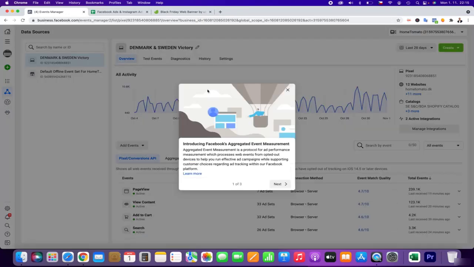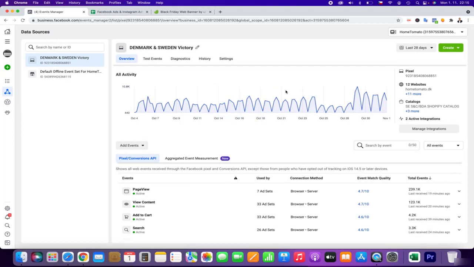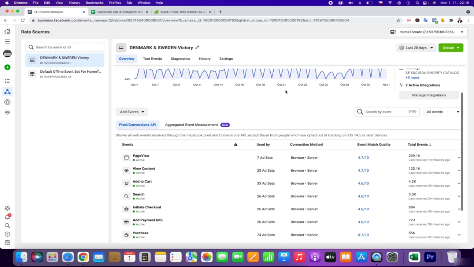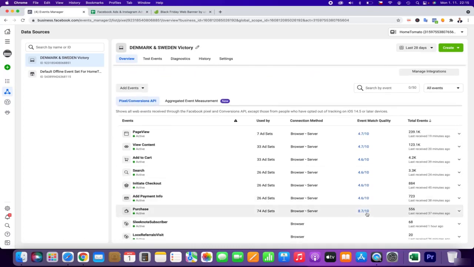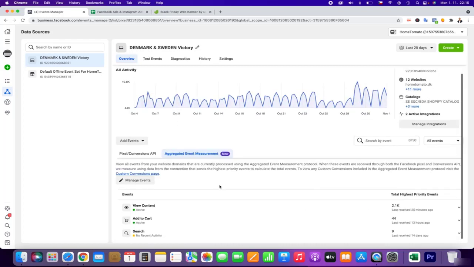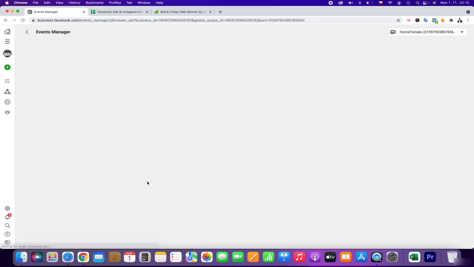I am not going to explain all the setups. All the setups I have been explaining and giving to you in the very important course, Facebook ads and Instagram ads ready for all Apple restrictions. And basically you can see this event match quality is very high, and a lot of data will come backwards from Apple after 3 days. And basically what I did, I have decided I will now click to manage.